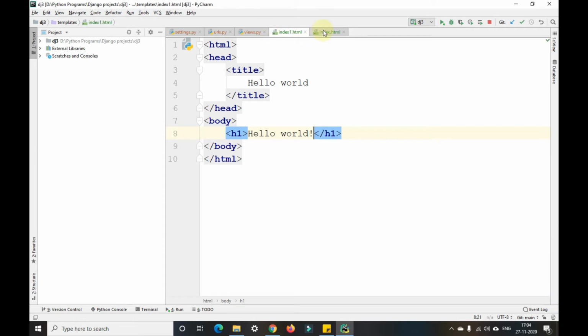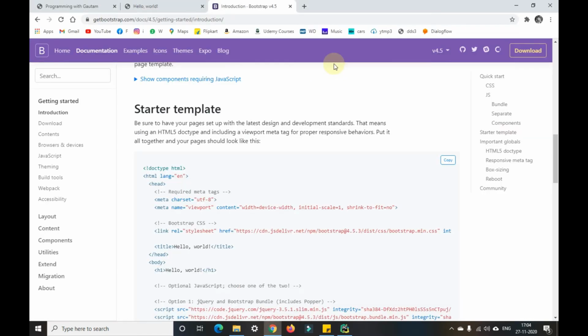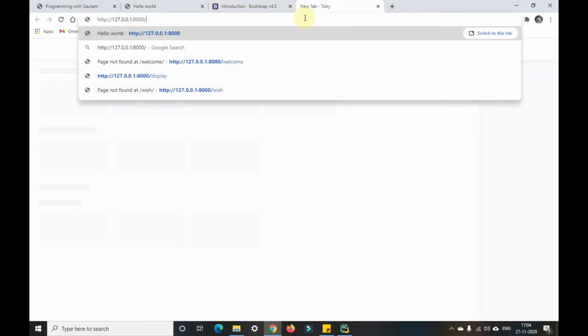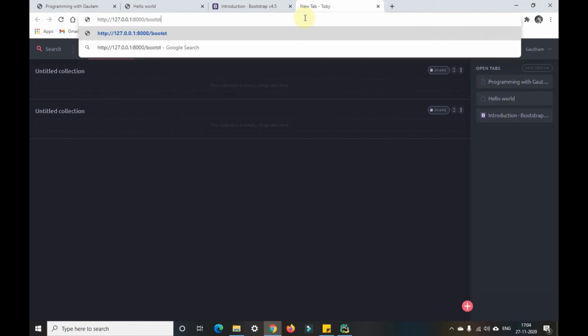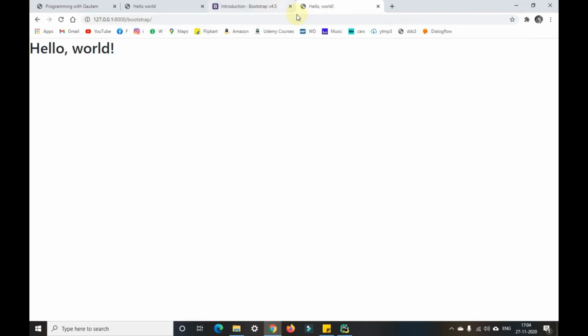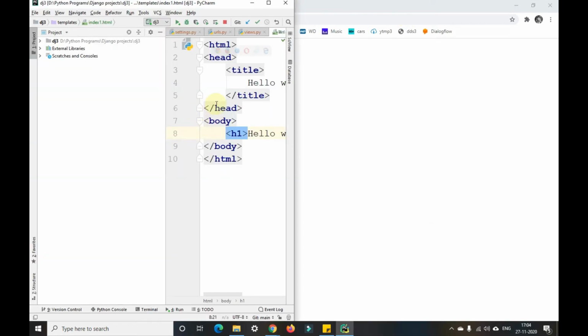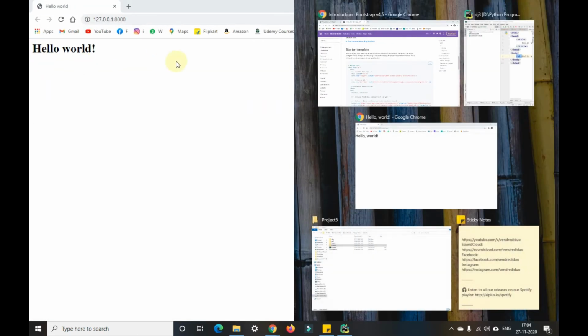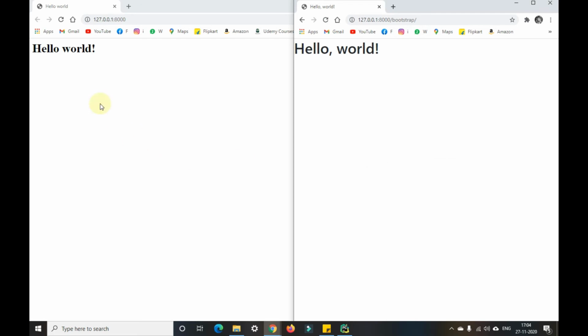I'll show you the normal page as well as the Bootstrap page here. So this is actually the Bootstrap code. Once I refresh it, you'll be getting the normal code there. So this is the normal page that we have. Similarly, I'll open the Bootstrap page as well. So you can see the difference for yourself here, guys. So this is the normal page that we have, and this is the Bootstrap page that we have.